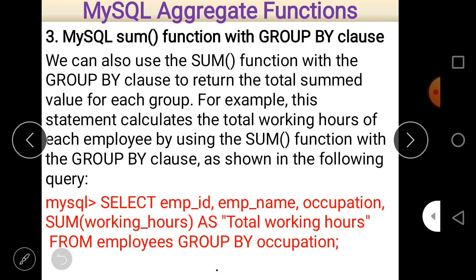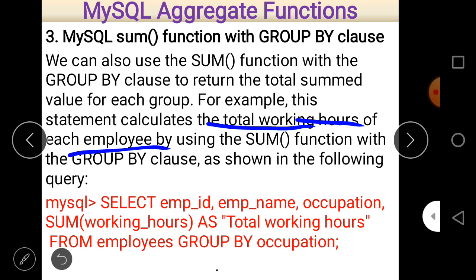As you know, the group by clause basically groups the records of a similar type, and the concept here is very simple. We use the keyword group by to group all the records of the same type, and all the rest of the things are the same as the previous one. So here let us see what the query is in this case. Statement: calculate the total working hours for each employee.